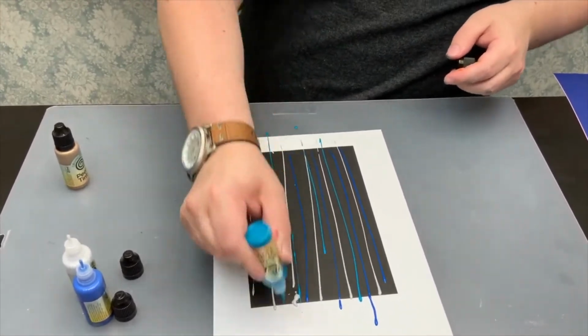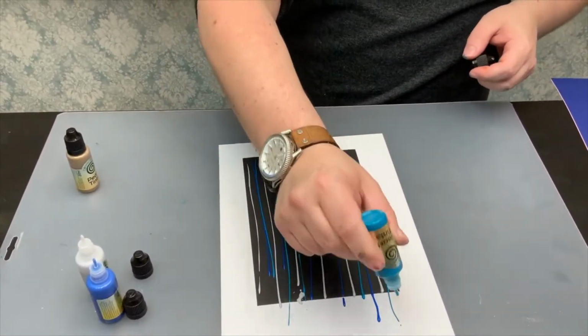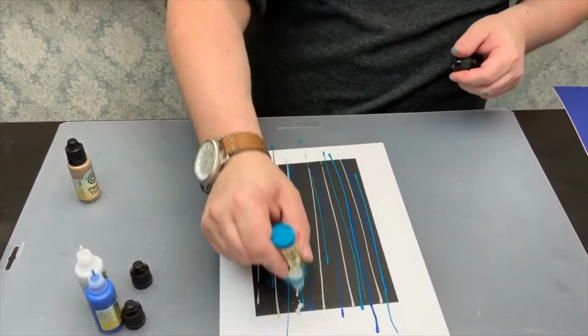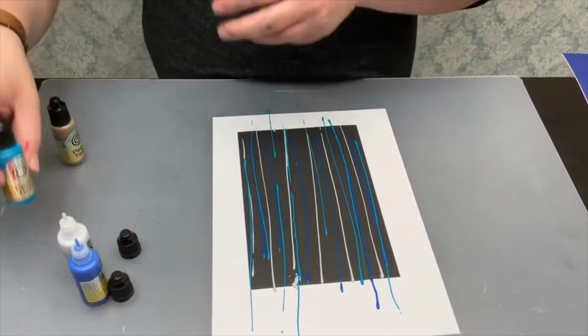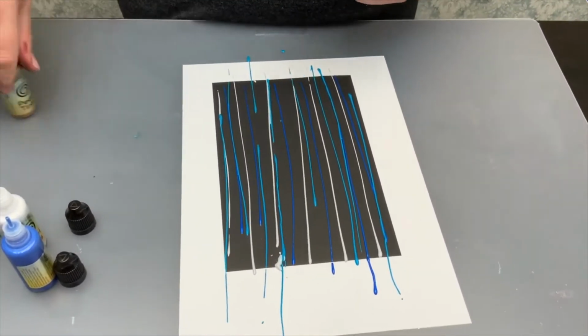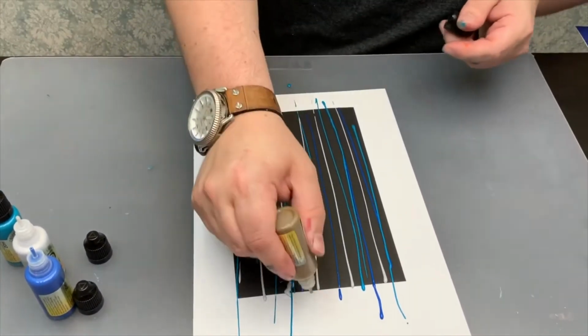Oh, this is nice. This is very teenagery, isn't it? Very manly, teenagery boy. I quite like this one, with the 2 different shades of blue and the silver. The blue, by the way, is Teal Dream. Let's go in with some Golden Opulence, actually, and complete them